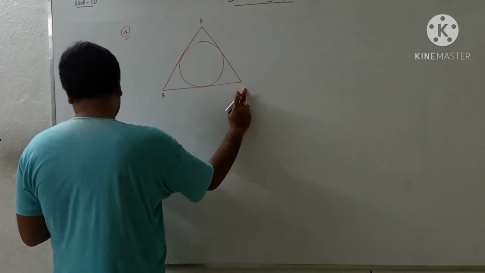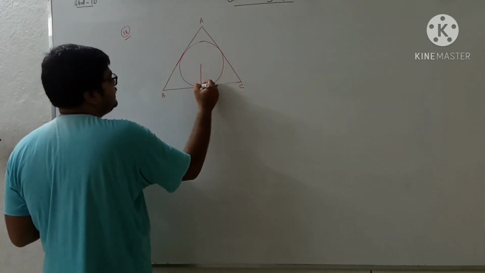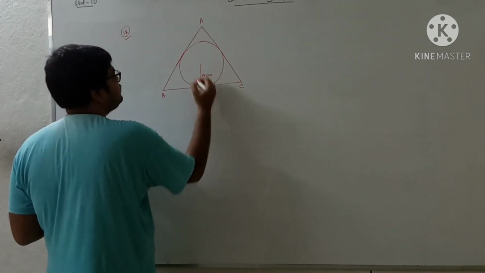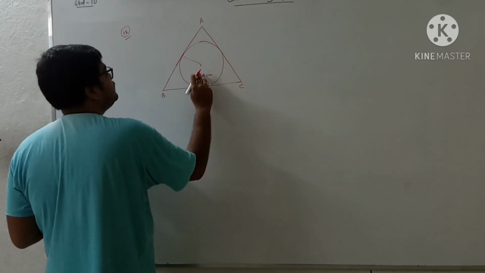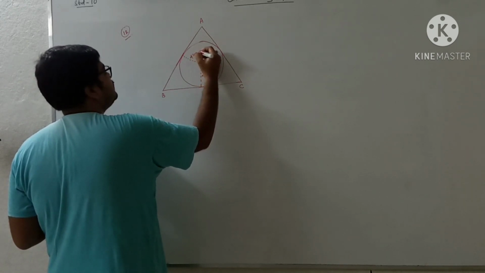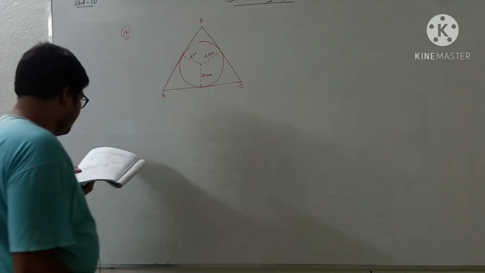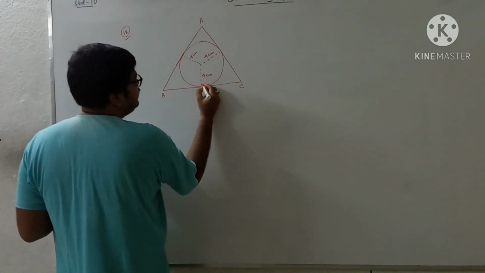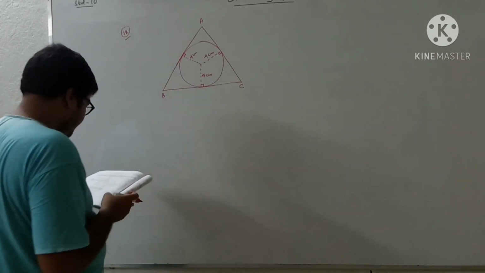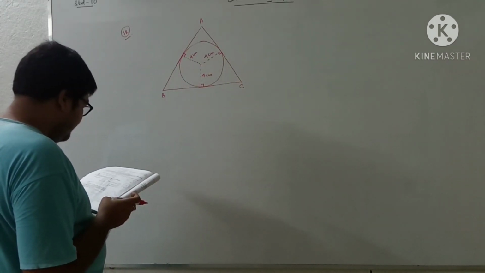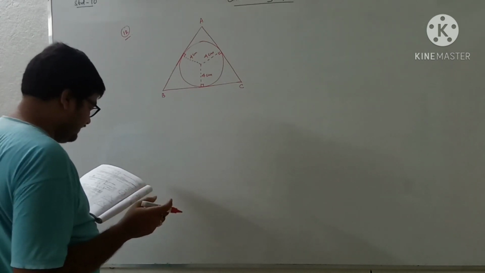ABC is drawn to circumscribe a circle of radius 4 centimeter. Okay, so the radius of the circle is given as 4 centimeter. So all of them are equal to 4 centimeter. And we know radius is perpendicular to tangent, so this sign we can also give here. Now let's see what is given. BD and DC, which are divided by the point D, have lengths 8 centimeter and 6 centimeter.